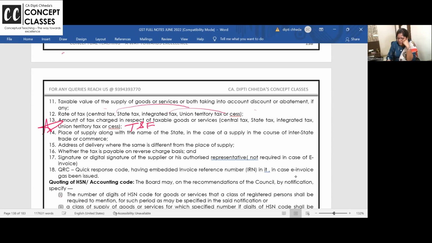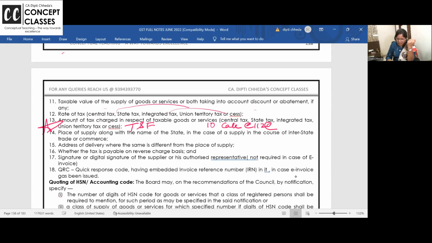Can I issue you the bill? 10 calculators at the rate of 112 each. 112 inclusive of tax? Answer is no. Tax invoice of taxable supply, and then GST should be shown separately.